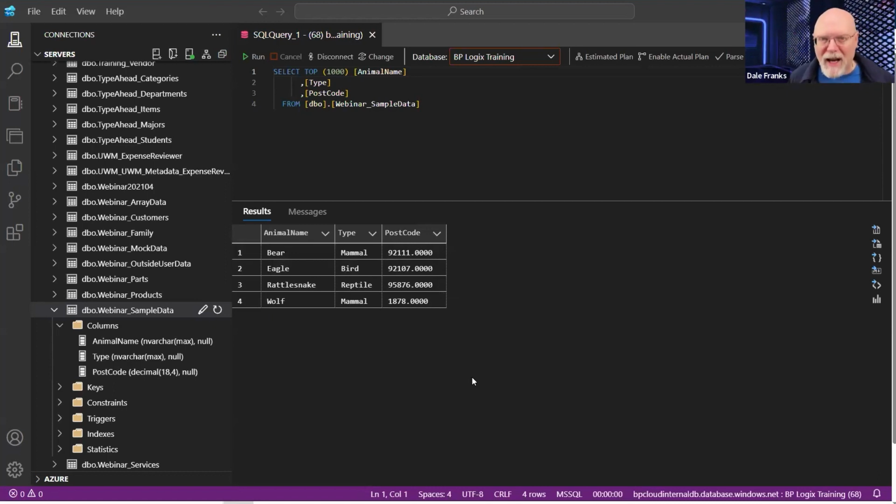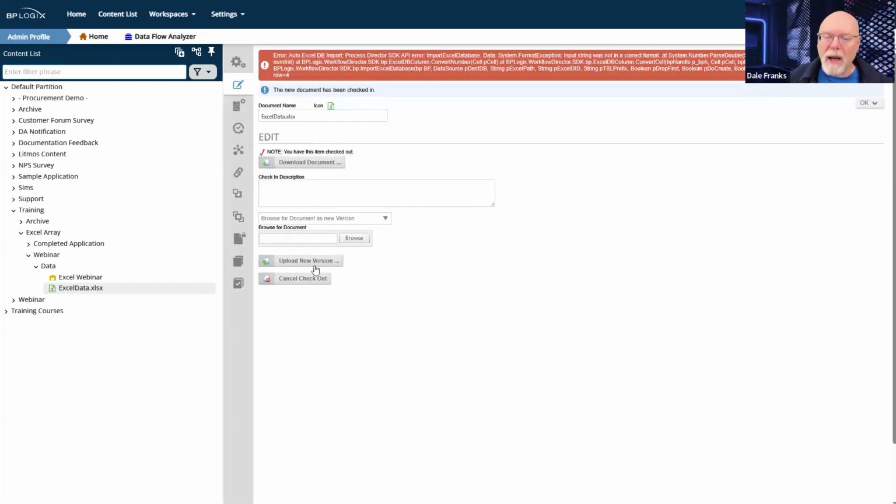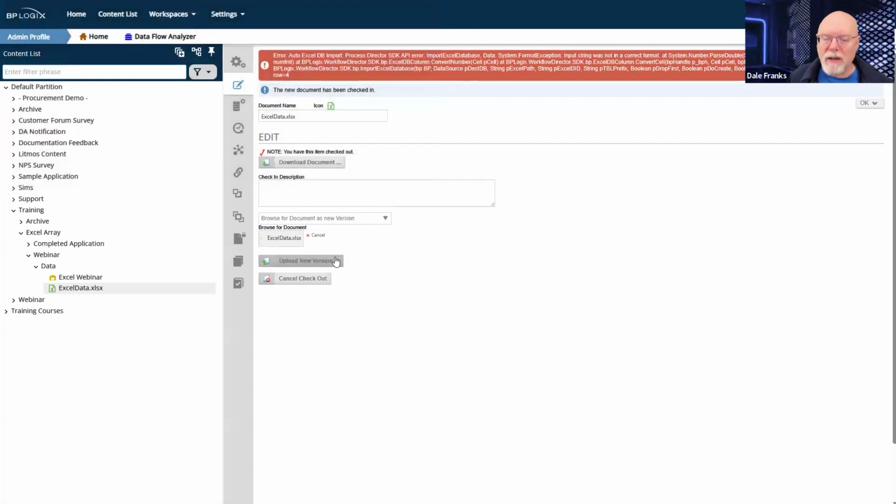Once it hits that error, it doesn't know what to do. It just gives up. So keep that in mind. I'm only going to get in partial data when I see that error because I've got a data validation problem. But I should fix that data validation problem now with my import. So we'll check it out. Once again, we'll grab our Excel data spreadsheet and we'll re-upload it.